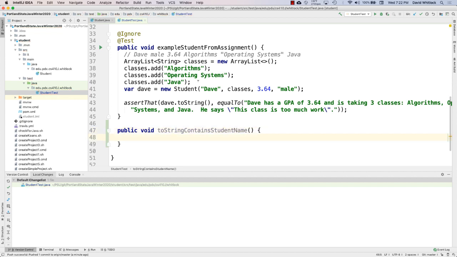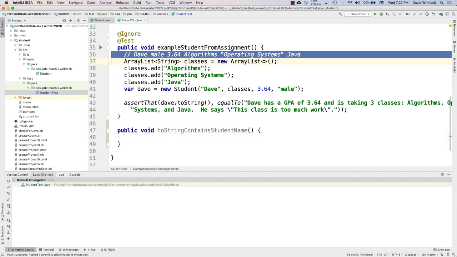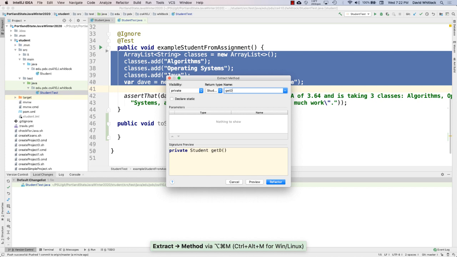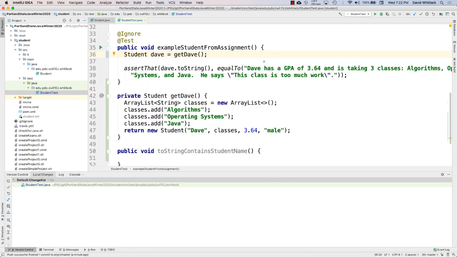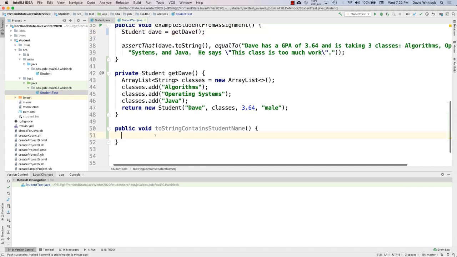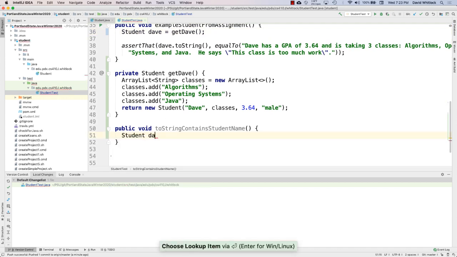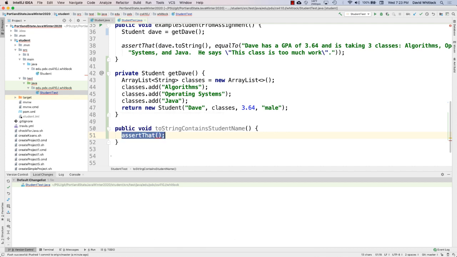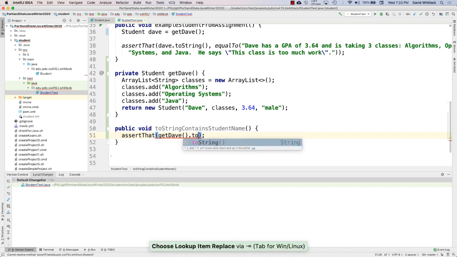And so now what I'm going to do is turn all of this into a method, which is getDave. Okay, and now I'm going to use that here. I'm going to say student Dave equals getDave. Actually, I don't even need to say that. All I need to say is assert that getDave dot toString